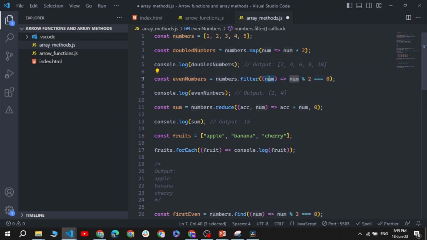It takes 1, it checks whether the modulus of 1 is 0, which is not the case. So 1 is not considered an even number. It moves to 2 and the modulus is 0, so 2 is going to be added to this array. 3 is not. 4 mod 2, sorry, is 0. So it returns 4. So you notice that it returns an array with this output, and that's how you can